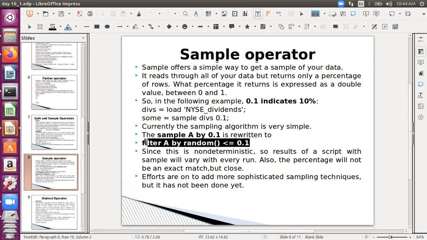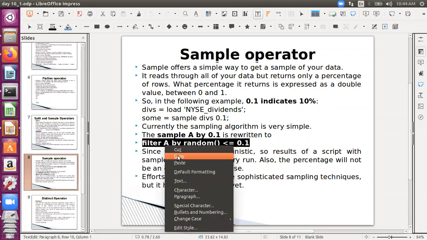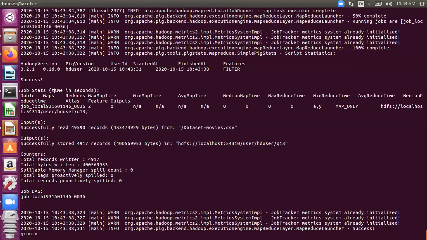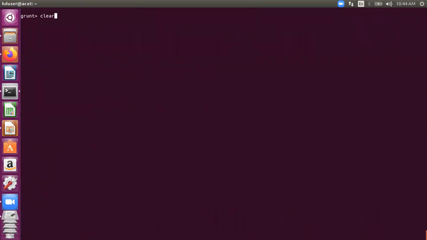Let's copy it. Let's see if it runs here. We are able to paste it. So it is filter A. What was our relation name? Okay, relation name is Y. So let's filter Y. Random is a function, so you need to write it like this.